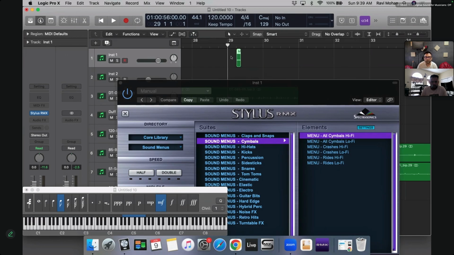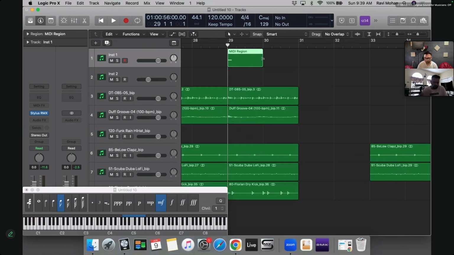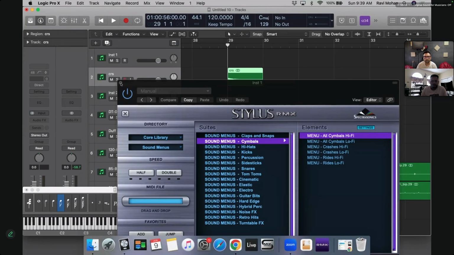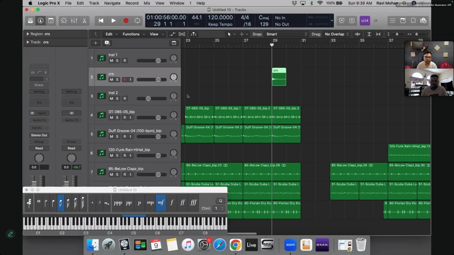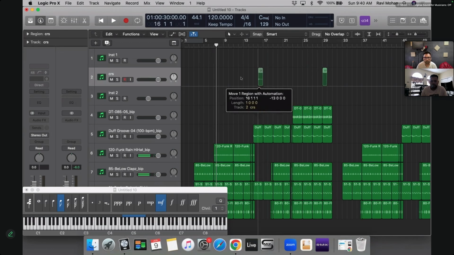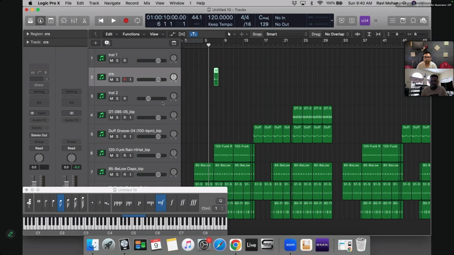Right, so I'm going to just come in here, bounce it, crash, and now we have a crash sound. And control the volume accordingly.